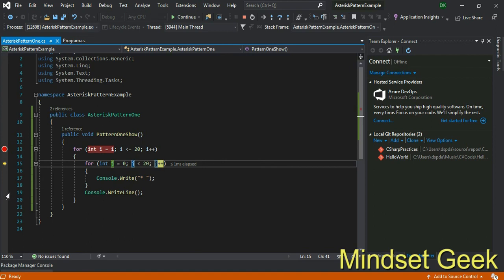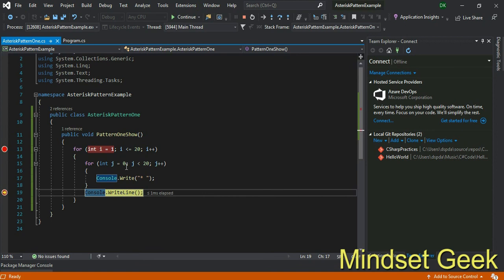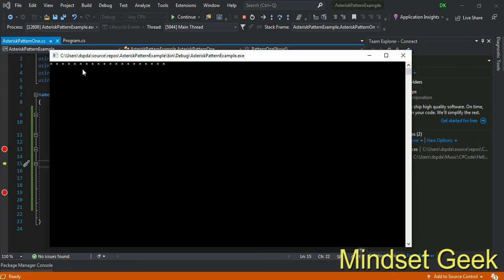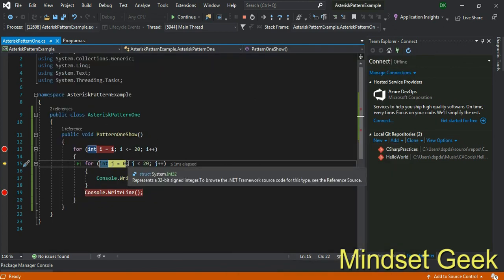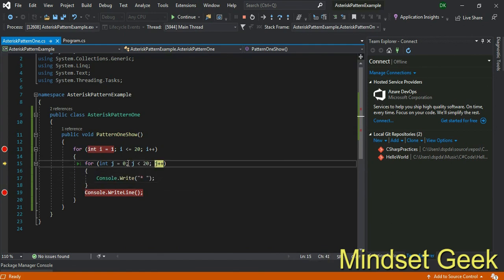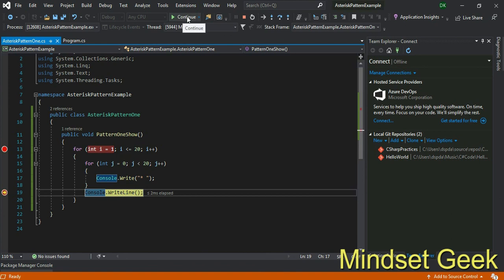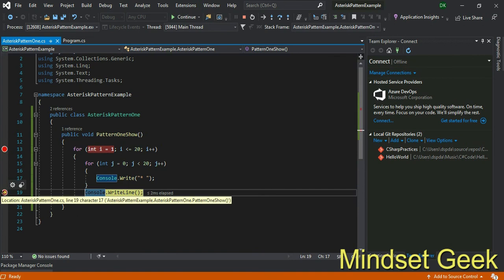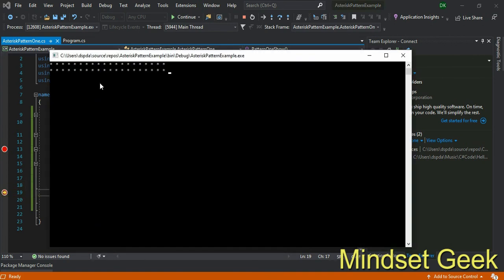You can keep one more debug point here and use this, right? Now you can see one line successfully printed and it comes to the second line, right? You can use this Continue. If you click Continue, it goes until your next debug point, not one by one. Now you can see the second line also printed, right?